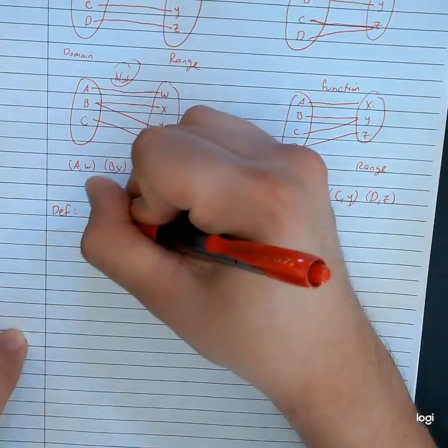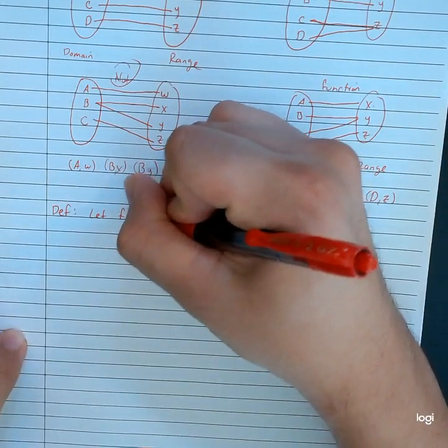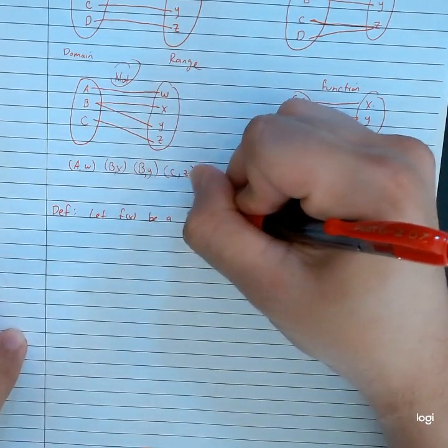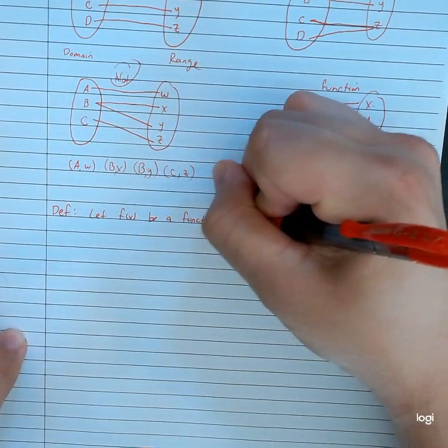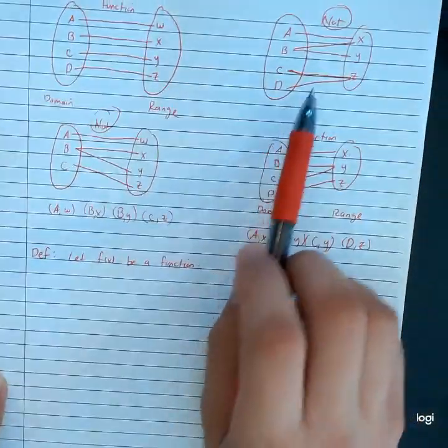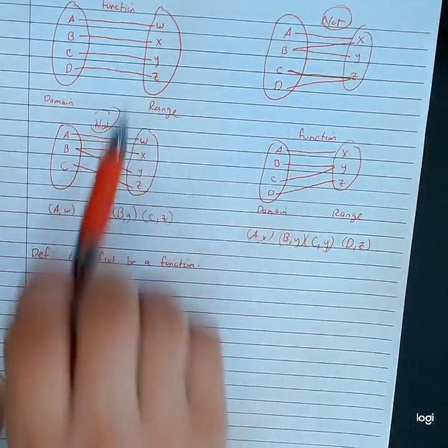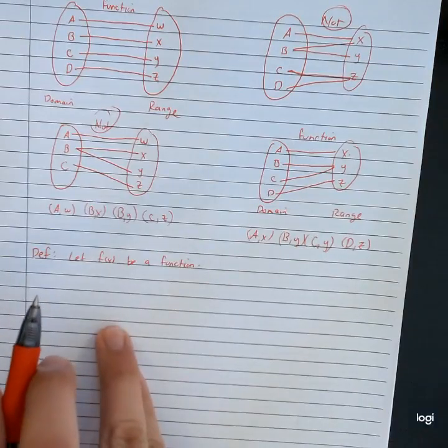Let's begin with a function. Let f of x be a function. All right, so here we're not considering anything that's not a function. We're only considering things that are. So let f of x be a function